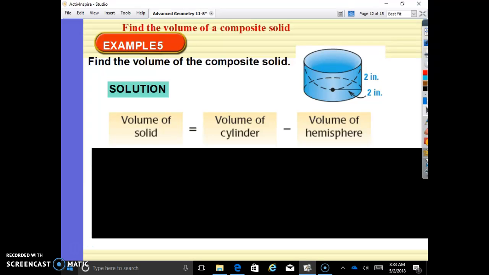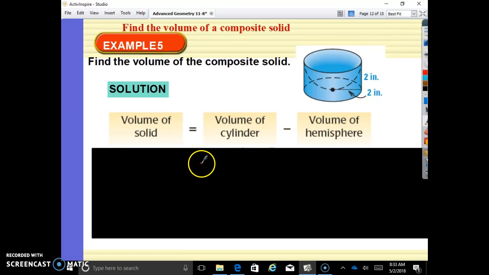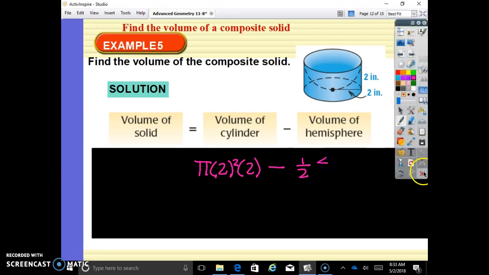So, find the volume of the composite solid. In this one, we need to find the volume of this cylinder minus the volume of half of a sphere, a hemisphere. The volume of the cylinder is area of the base times the height: pi r squared times the height of 2, minus 1/2 of the volume of a